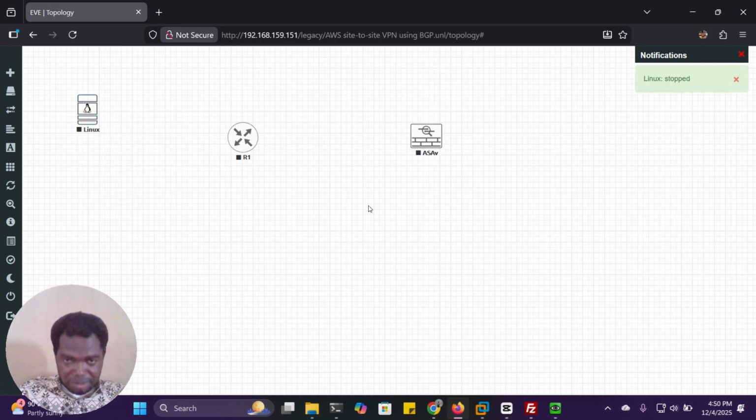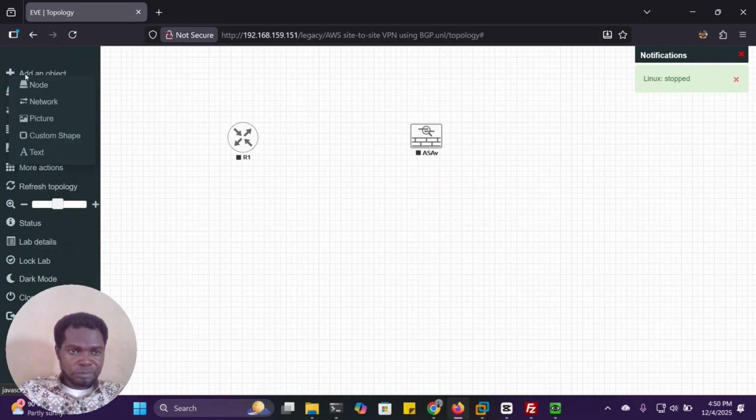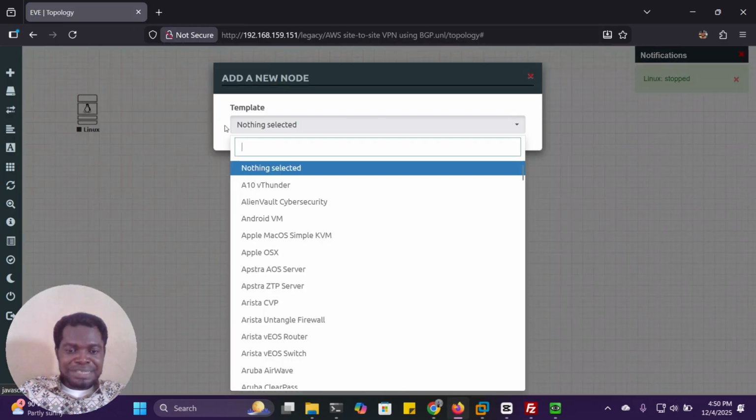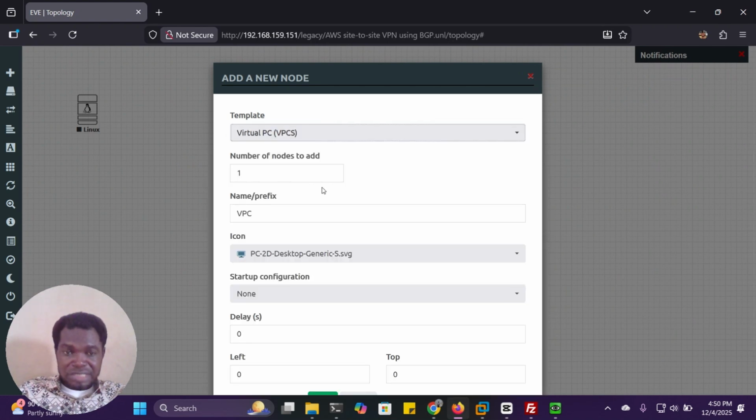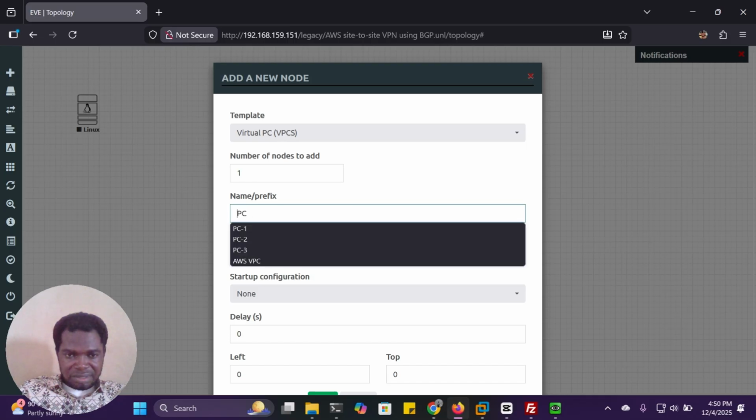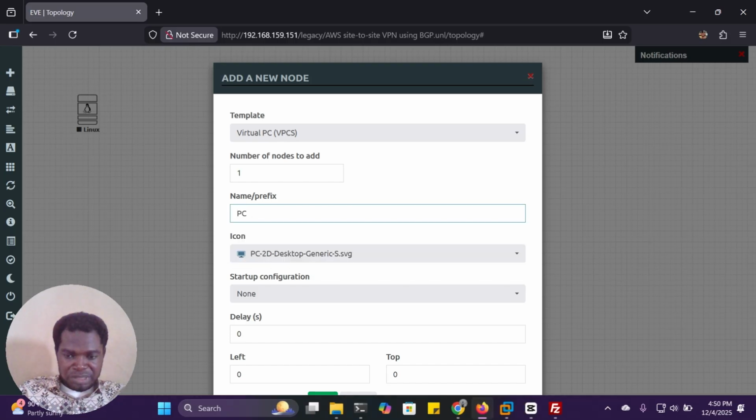So now we are ready. We are ready to work. Now, I'm going to import this inbuilt VPC. This one is super lightweight. I will name it PC1.